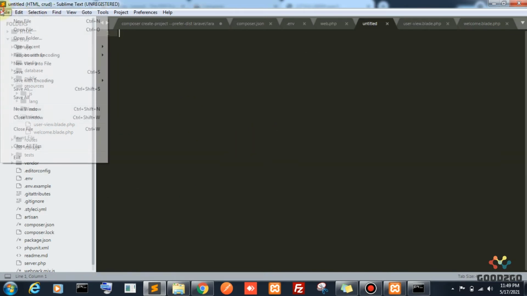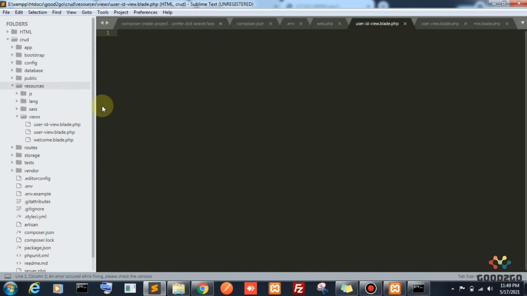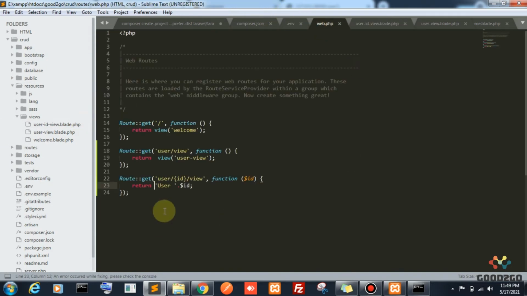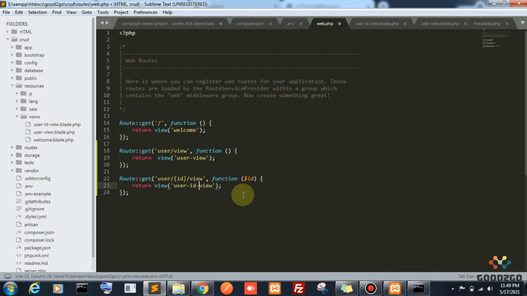Okay, now I'm going to create one more file for this. I'm saving this file as user id view.blade.php. So here we can convert this to user id.view.